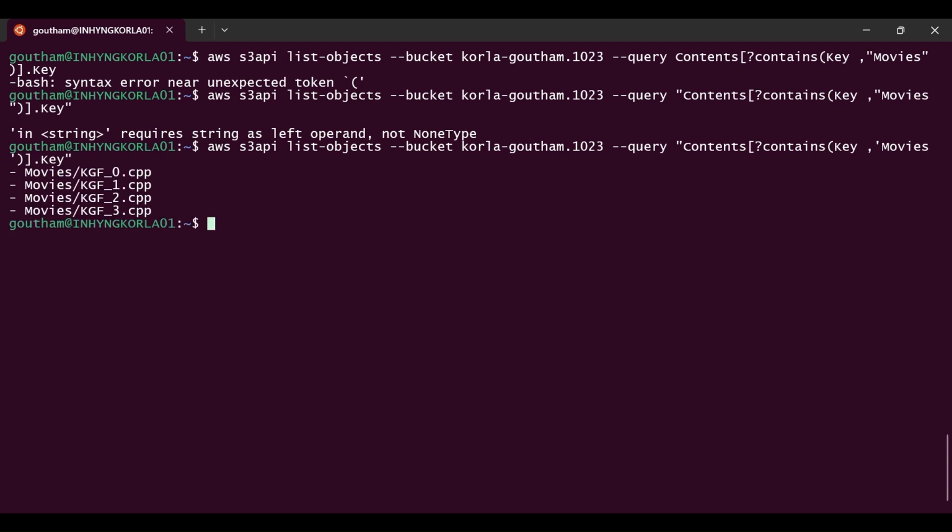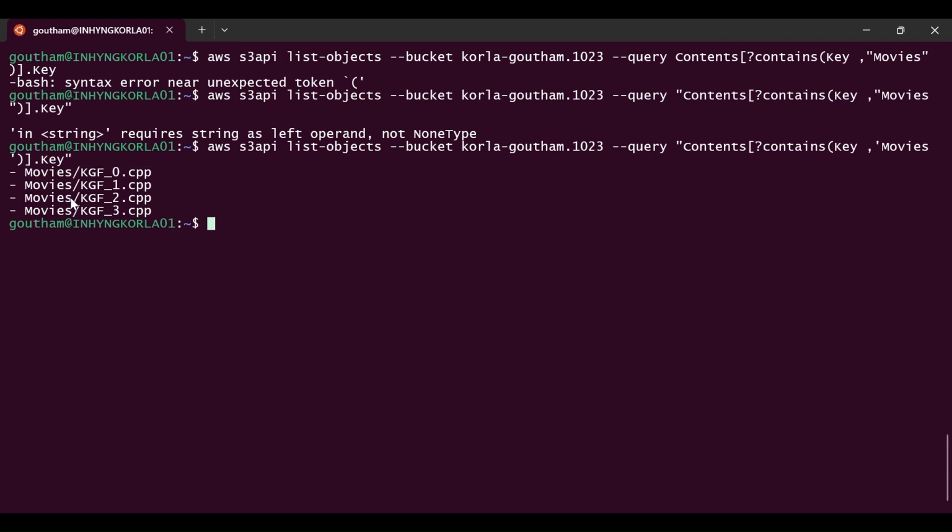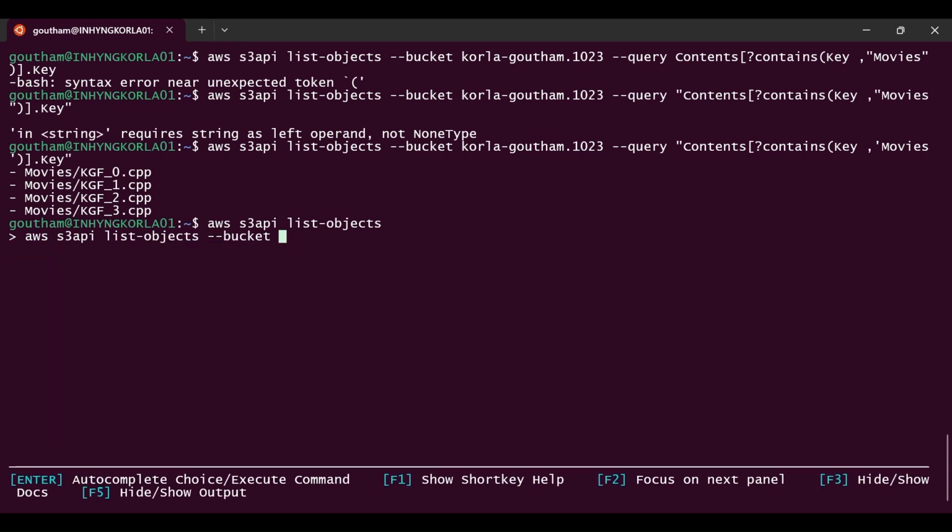Yes, we now got an output. Look, we got all the object names that have movies in them: movies kgf0.cpp, kgf1.cpp, kgf2.cpp, 3.cpp. There is one more way to do this. If I write aws s3api list-objects and hit enter for the auto prompt, I'll give the bucket name korlagautam